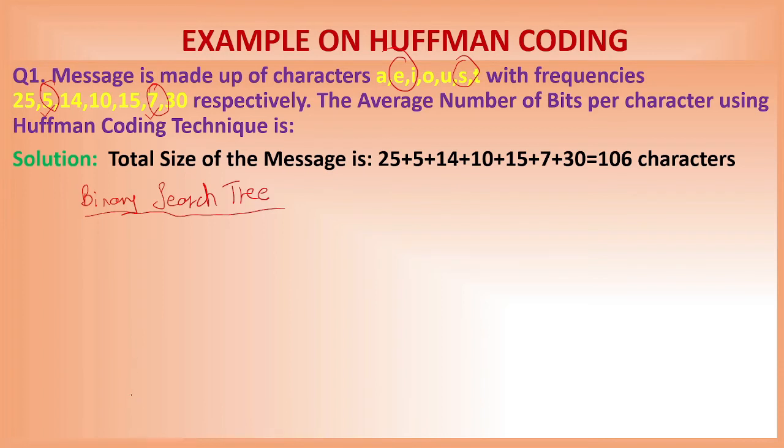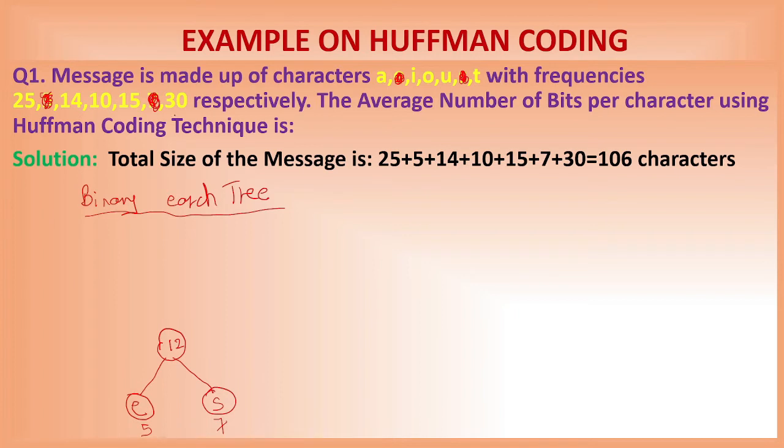And E will come on the left hand side because frequency of E is just 5 whereas frequency of S is 7 which is greater than 5. So here E will come and here S will come. The frequency of E is 5 and frequency of S is 7. So just add them. 7 and 5 is 12. So now search for the remaining minimum frequencies. So now 5 is gone and 7 is gone. Similarly, letter E is gone and S is also gone because their frequencies are already considered.